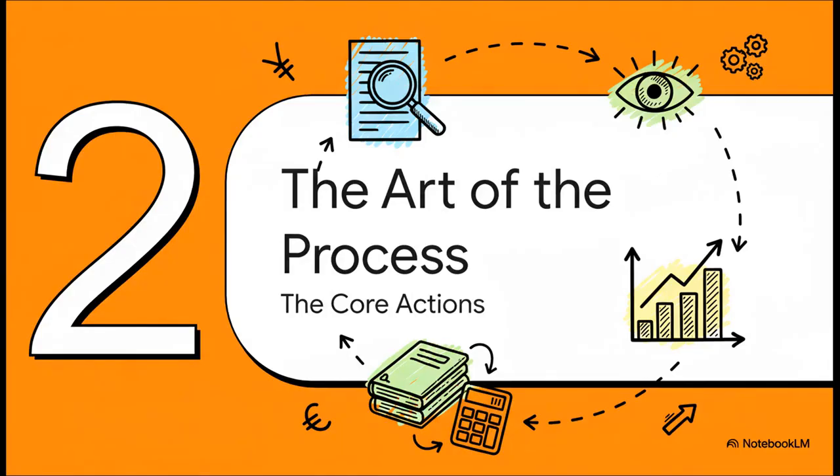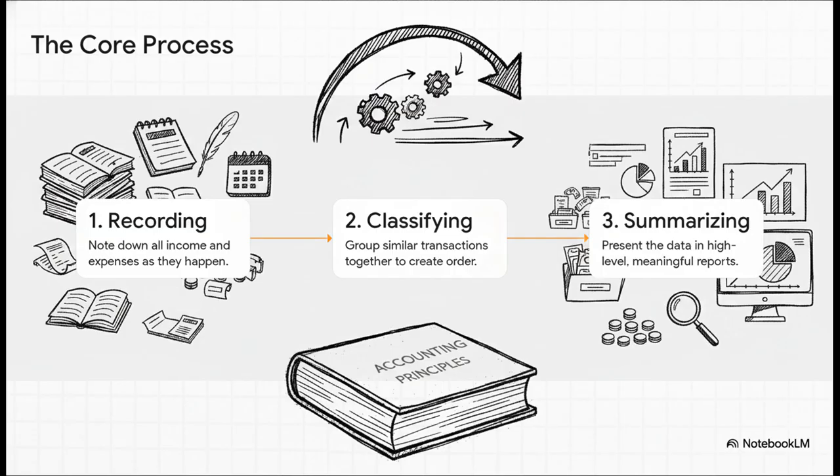So if accounting is an art, then what does the accountant, the artist, actually do? Well, the very next part of our puzzle gives us the answer. It's the three key actions, the verbs, that are the absolute heart of the entire process. And here they are. These three words are the backbone of everything: recording, classifying, and summarizing. And the order is super important. Each step builds right on top of the last one. So let's break down what each of these really means.